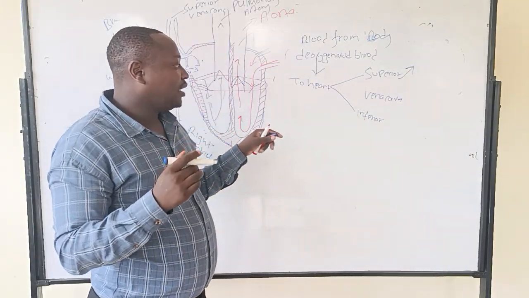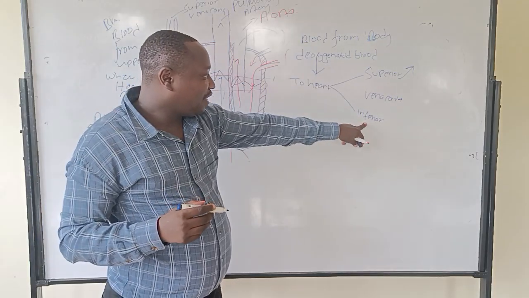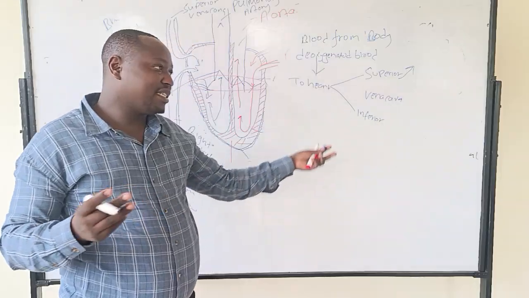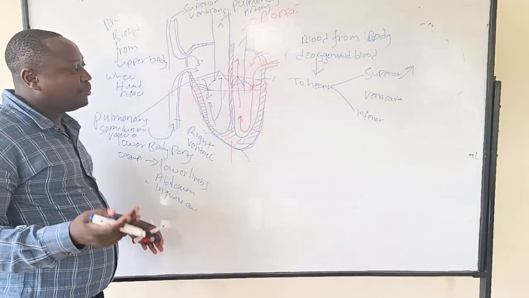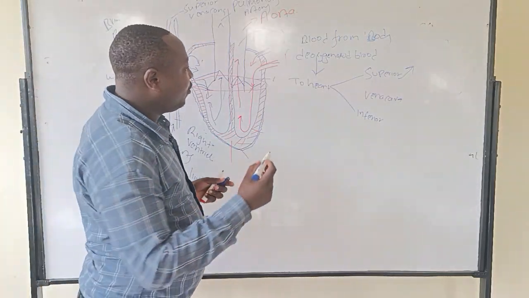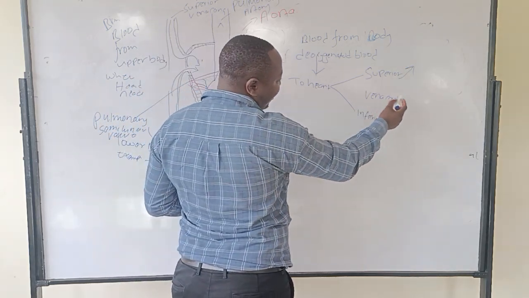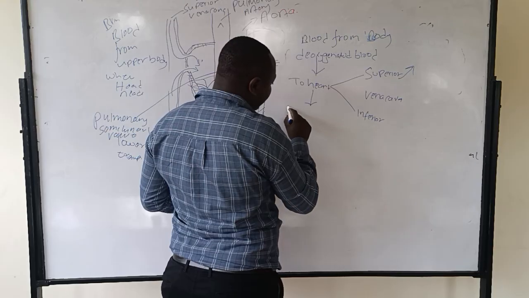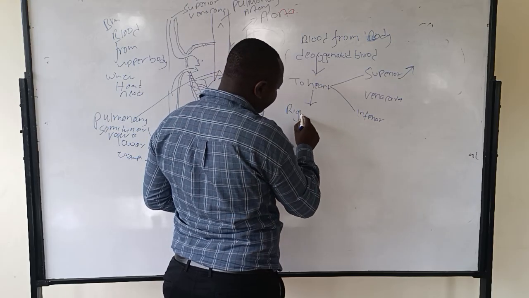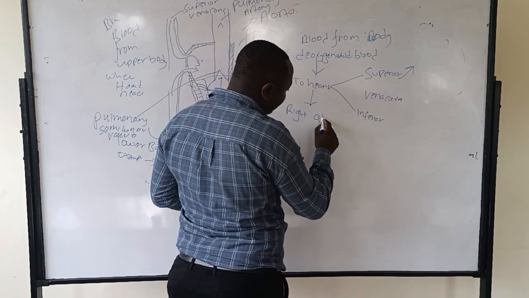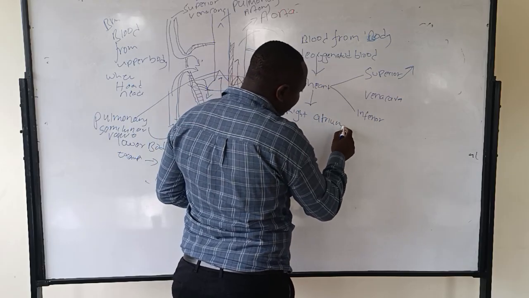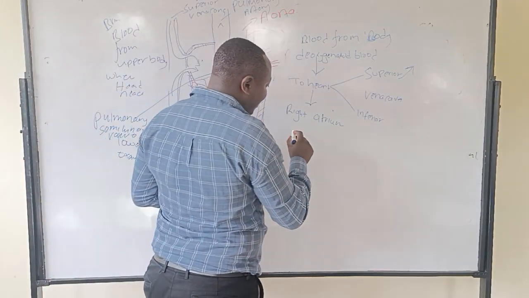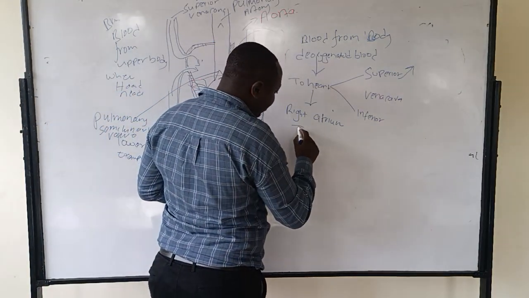and also the neck. Then we have the inferior vena cava, which carries blood from the lower part of the body, for example, the lower limb, the abdomen, and also the inguinal area. Once this blood gets to the vena cava, it flows to the heart, to the right atrium. So this blood is held together at the right atrium by what we call the